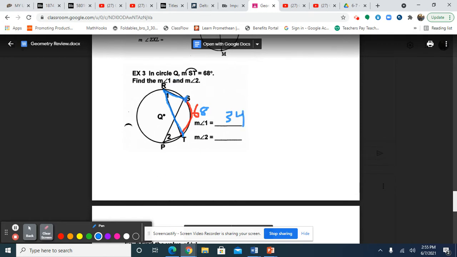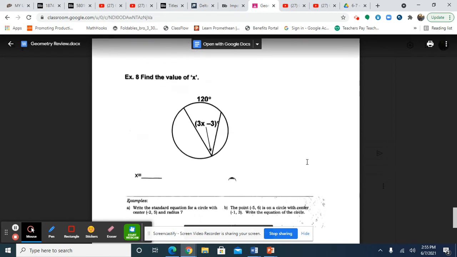Same thing applies with angle 2. It's also using the same point, so it's also going to be 34. So based off of this,